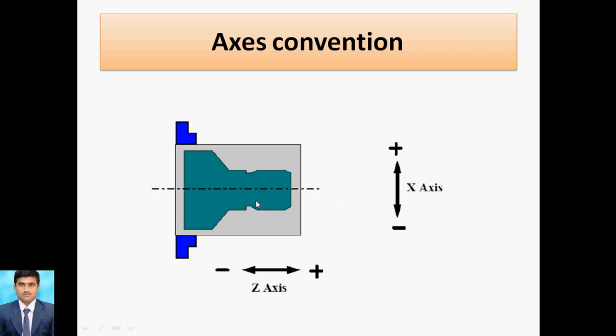Why minus? Because according to sign convention, the minus Z axis is on that side, and positive is opposite to that. Suppose your tool movement requires it, at that time we can use Z positive, and if it is in contact with the workpiece, then you can take negative. So this is the main convention. For the X axis, if you mention the X coordinate, the diameter system is appropriate here. If it is 20 diameter, you write 20. If it is 100 diameter, you write 100. So this is about X, and always remember that it should be positive. So this is regarding the axis convention.